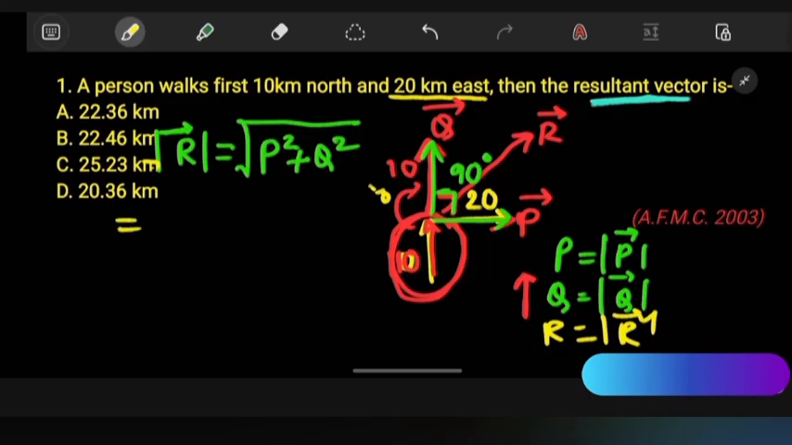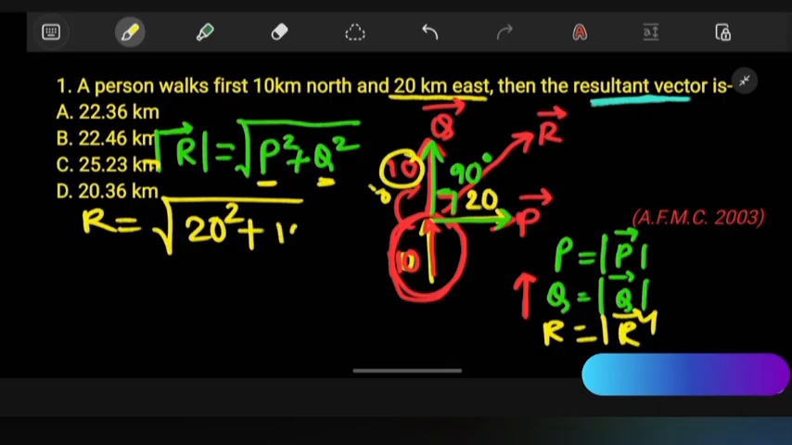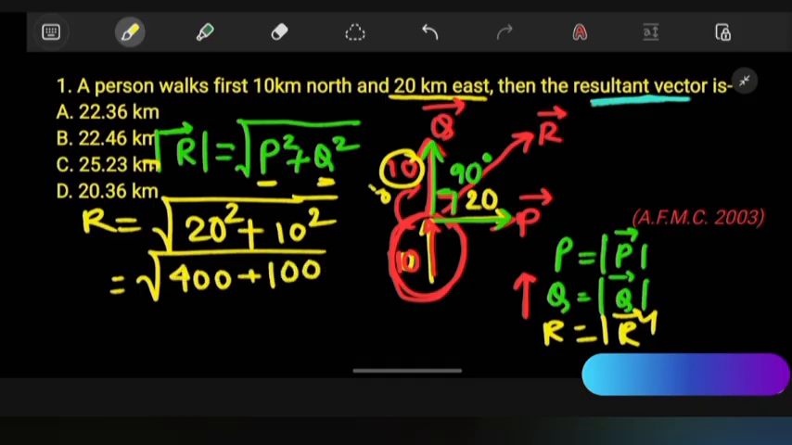So what is the value of p? 20. So root over, what is r? Root over 20 square plus q square. What is q? 10. 10 square. Then 20 square is 400. 10 square is 100. So it will be